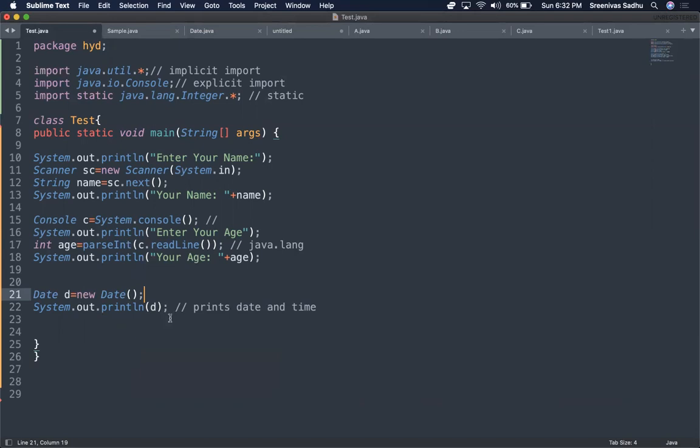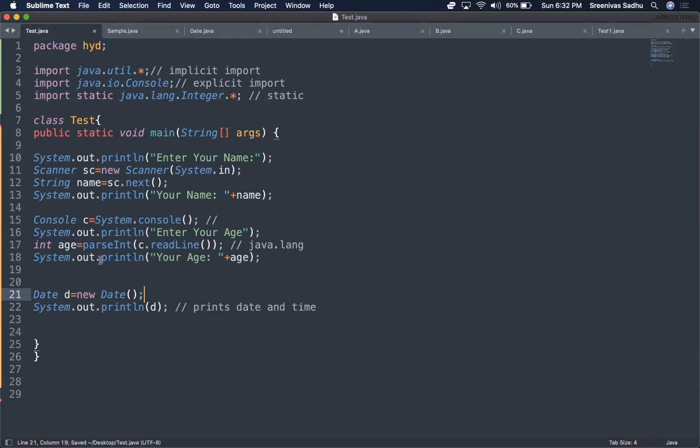What should get printed? It should print today's date, as we have seen already in the earlier program. Since java.util.star is available, that means the util package is available to me, and the Date class is also available here, so it should print date and time, right?